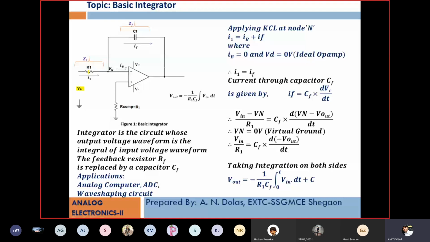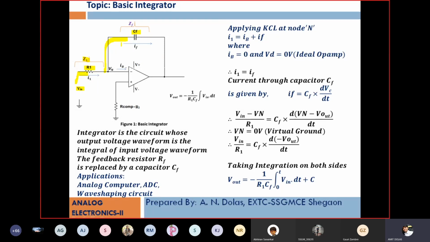So you can see, if a certain frequency is applied to R1 as an input, there will be no effect on Z1, because for a particular resistance, suppose 1 kilo ohm, if I apply 100 hertz, the resistance will still be 1 kilo ohm. If I use 1 kilohertz, the resistance will be the same. If I use 1 megahertz across it, the resistance remains the same, that is 1 kilo ohm. But when the same frequency is applied to capacitor CF, I hope you know XC is called the capacitor reactance. It is 1 over 2 pi FC.